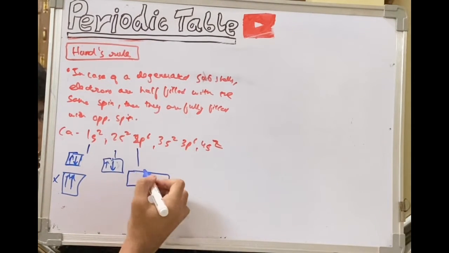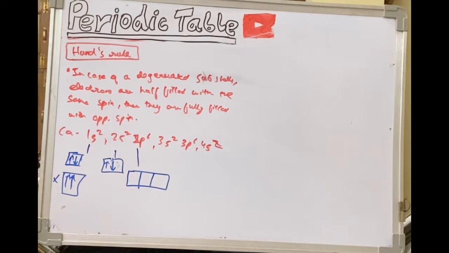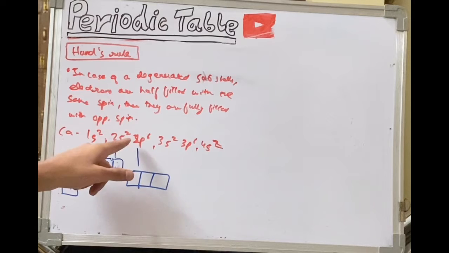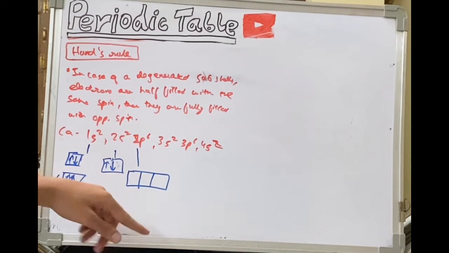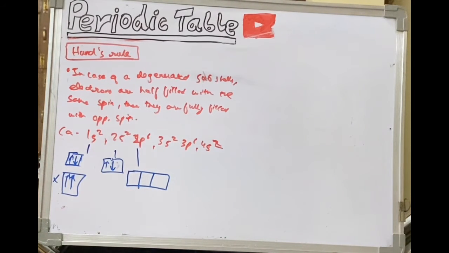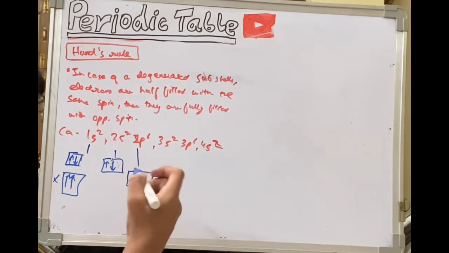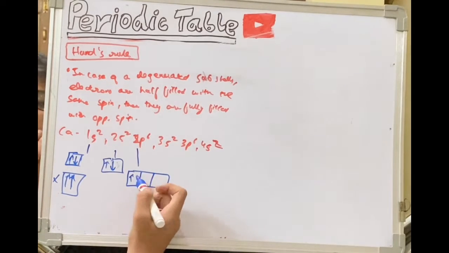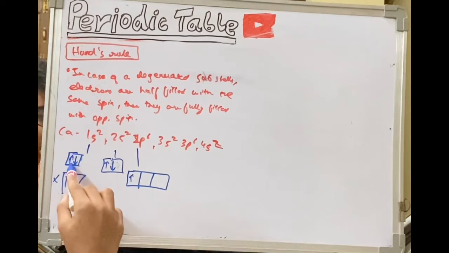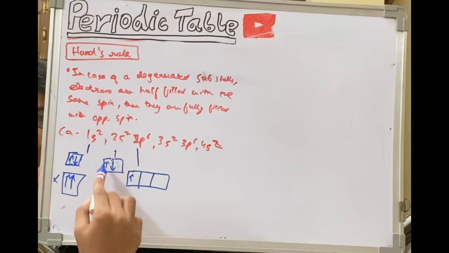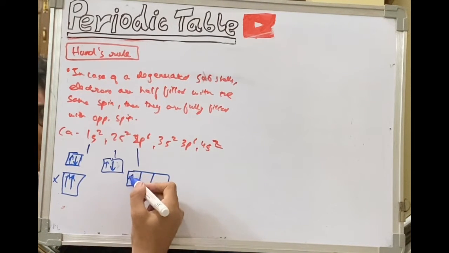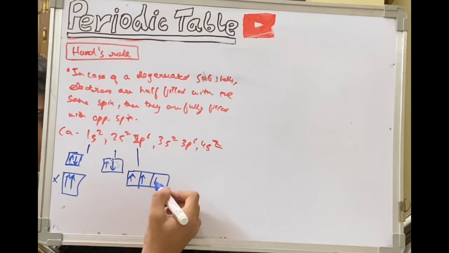One box can maximum accommodate 2 electrons. So you can say this subshell has 3 types, so 3 orbitals in a way. Each orbital, as we studied before, can have only 2 electrons. So first we'll fill it like this. This was the first electron, this is the second, this is the third, this is the fourth. So this will be the 5th electron, this will be the 6th, 7th electron.